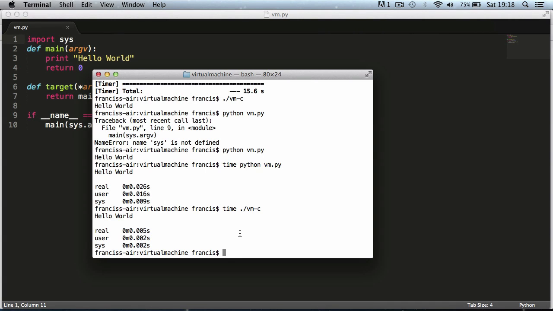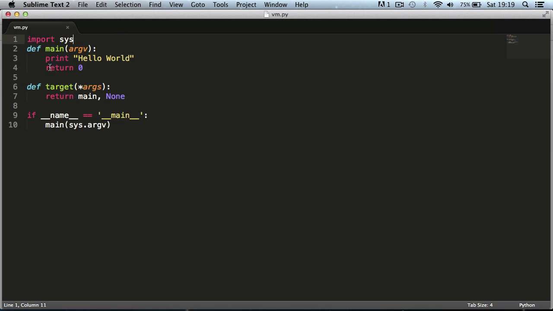What we're going to be doing today is creating our virtual machine. Well, we'll be doing some of it because it's a complicated process. So let's get started. What we're going to do now is get rid of the print hello world, and actually start our virtual machine. I'm going to create a function called run program,